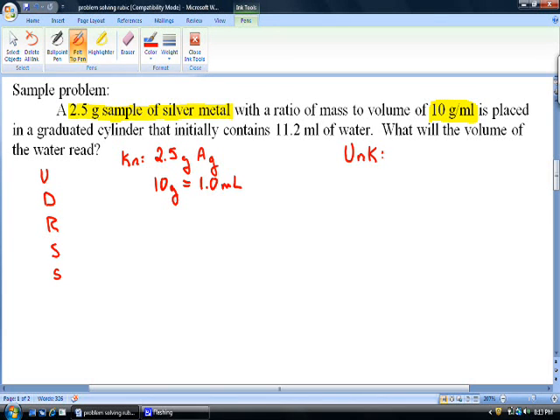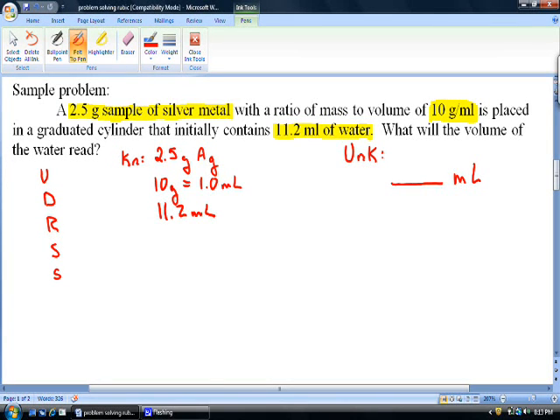And we have 11.2 milliliters of water. That's another thing that we know. Now, the thing we don't know is at the end, after we've added this together, what will the volume of the water read? What is the final volume in milliliters? Now it's often helpful in this kind of a problem